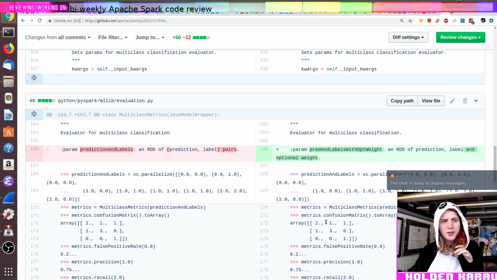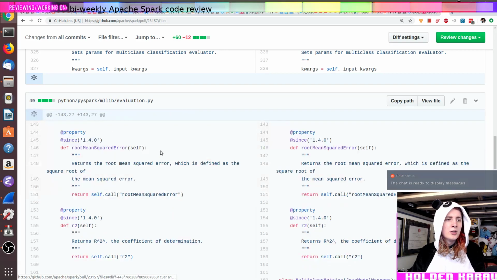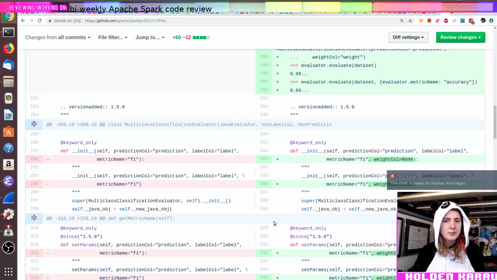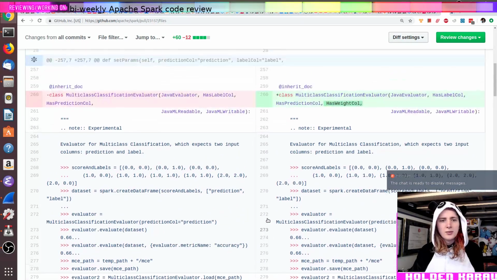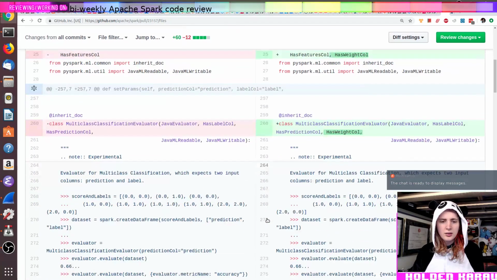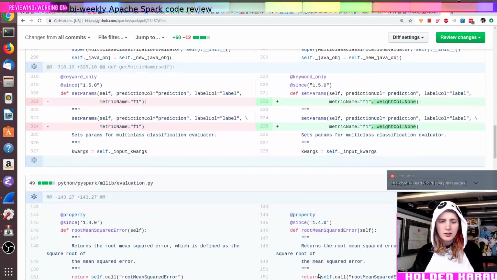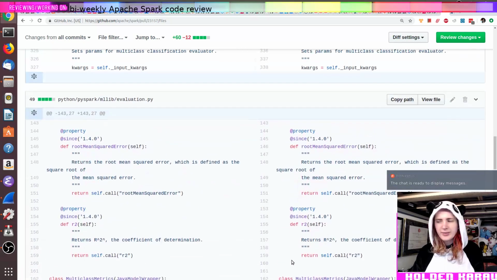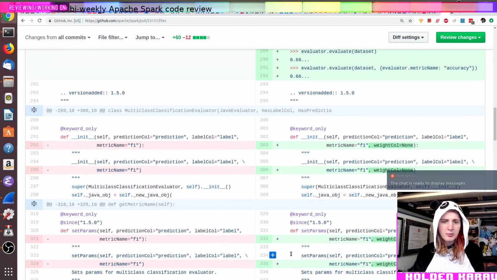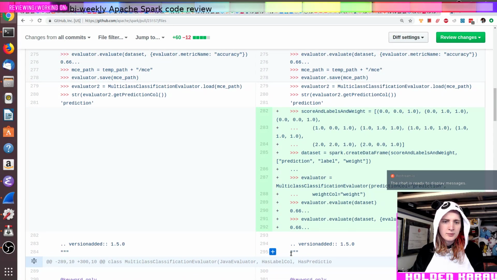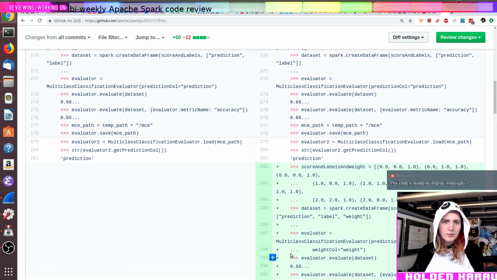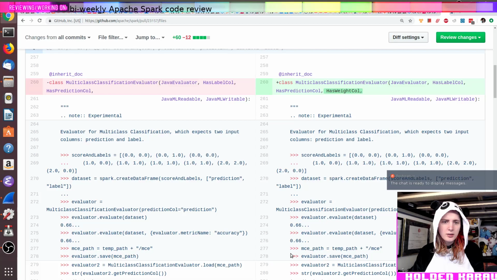Oh, why does it take an RDD? Oh, this is the old one. Oh yeah, this is MLlib. I don't know. I might skip the MLlib one. Multi-class classification evaluator.